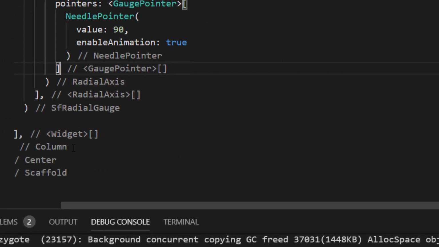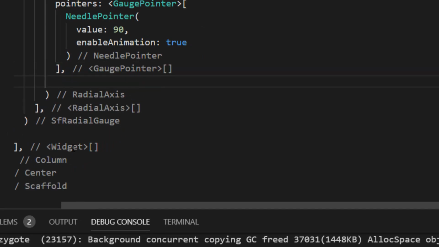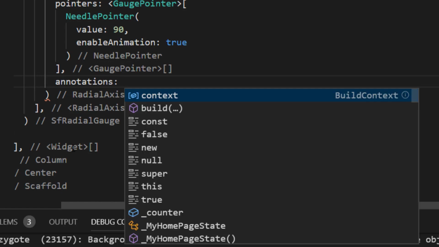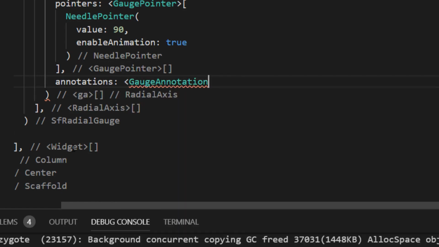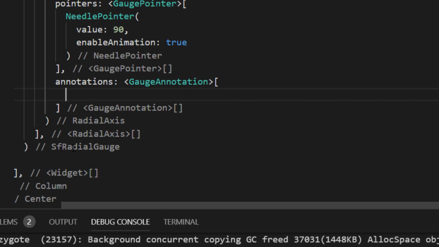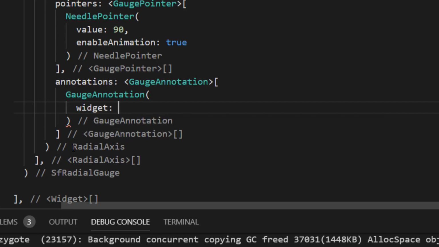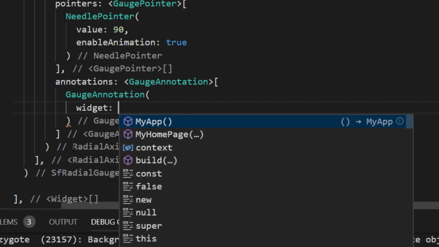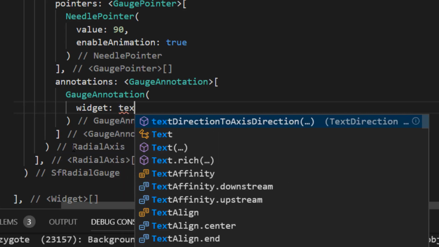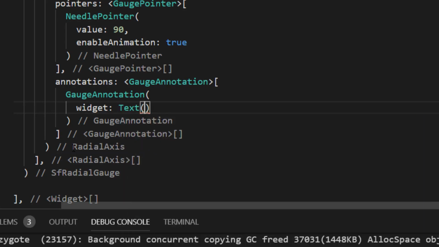Now let us see how to add an annotation to the gauge. You can set the property annotations, which is a GaugeAnnotation collection. You can add any number of annotations inside a gauge. For this demo, I'm just going to add a single annotation, which is GaugeAnnotation. And you have a property called widget. In this property, you can give any UI widget you like. I'm just going to give a Text widget, and I'm just going to represent the data as 90, which is the value that is shown by the needle pointer.